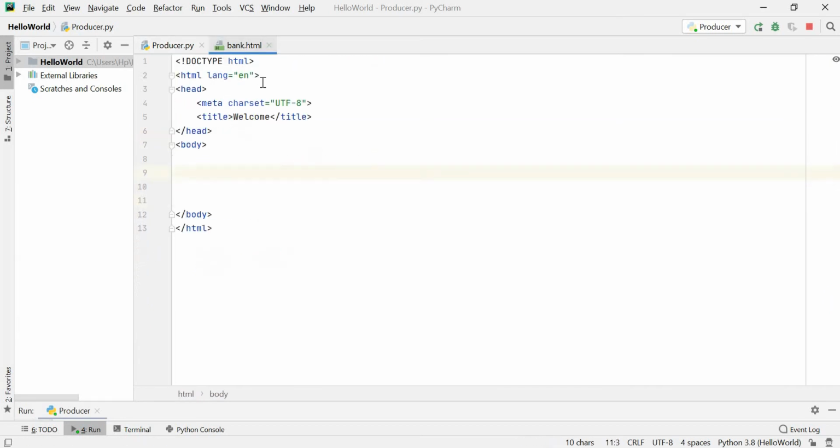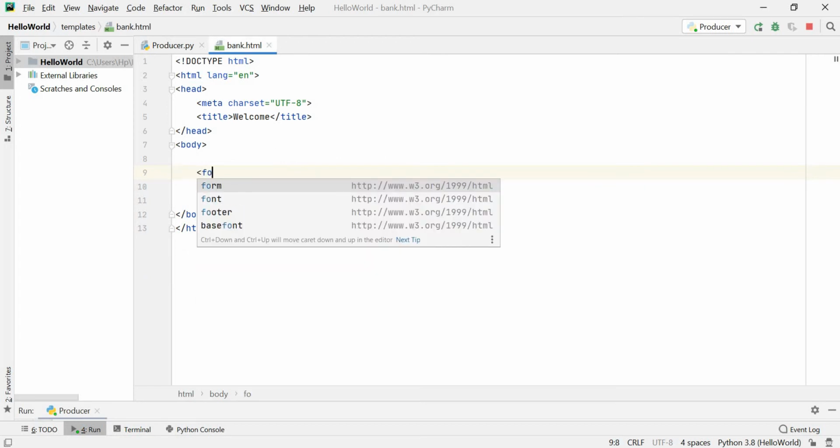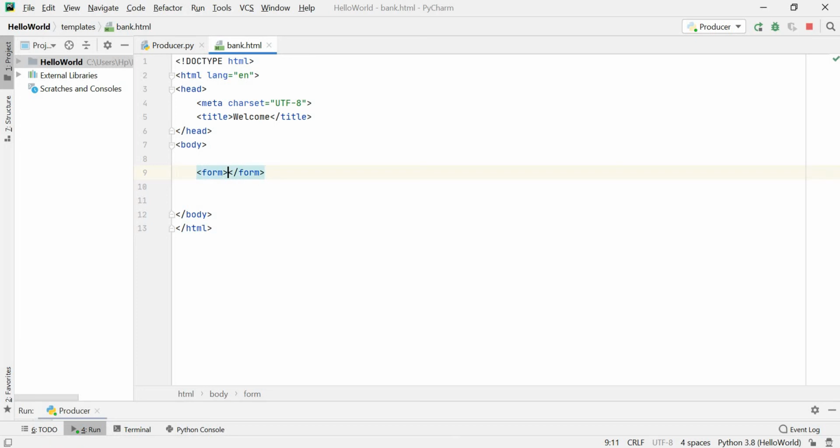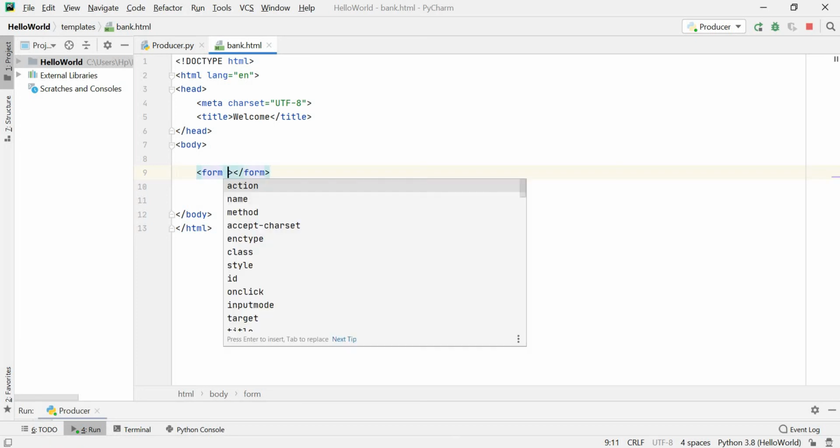We'll go to the bank file. We'll see the tag, that is form, and how this form tag will work. We need to put the input type inside this form tag, and for that we are using this form tag.